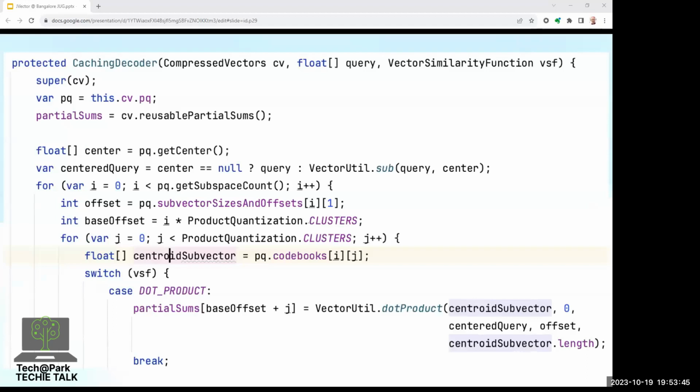So I said I would talk about why the offsets are important. That's because when I'm doing the comparisons between the query vectors and the compressed dataset vectors, when I'm searching through the graph, the obvious way to do that is to decode the dataset vector that I've compressed. The obvious way is to uncompress it and then perform a normal dot product. But I can get the same results by computing the dot product